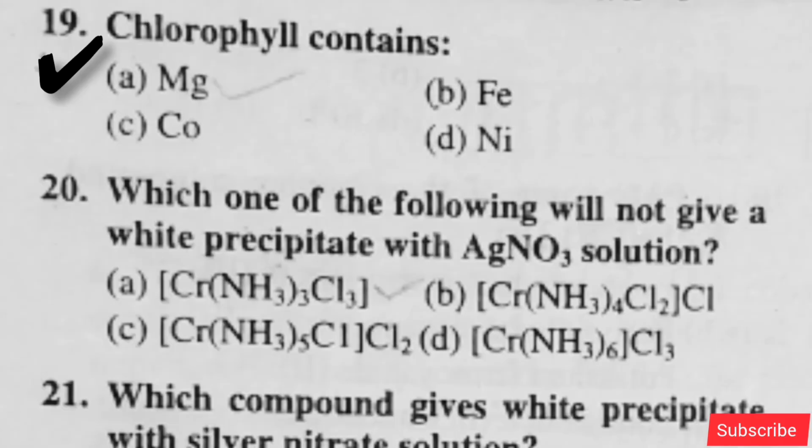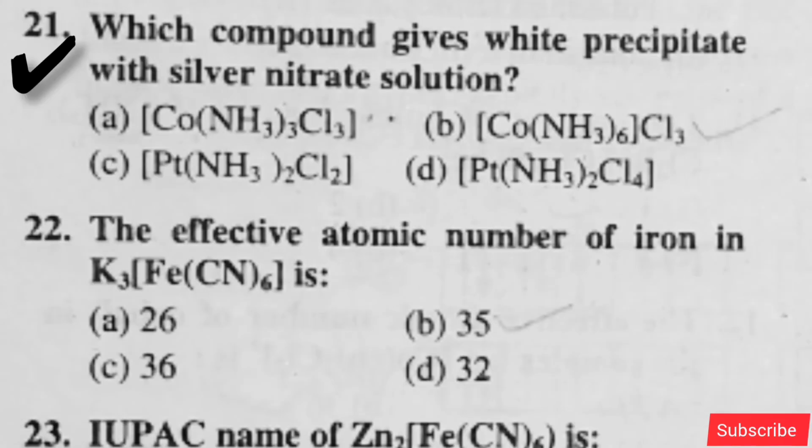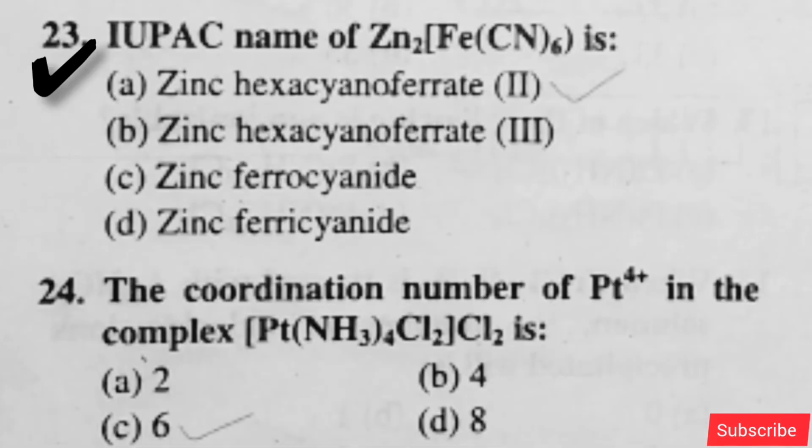Option B is right. Chlorophyll contains. Option A is right. 20 number question है which one of the following will not give a white precipitate with AgNO3 solution. Option A is right. 21 number question है which compound gives white precipitate with silver nitrate solution. Option B is right. 22 question है the effective atomic number of iron in this complex is. Option B is right. 23 number question है